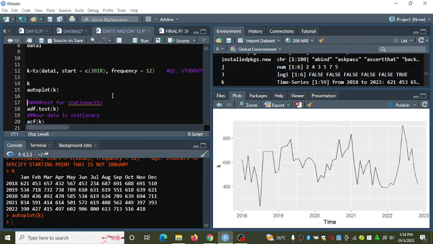By stationarity, it means that this assumption or this condition of stationarity of data will help the programmer not to have predictions that are out of the bounds of your data.